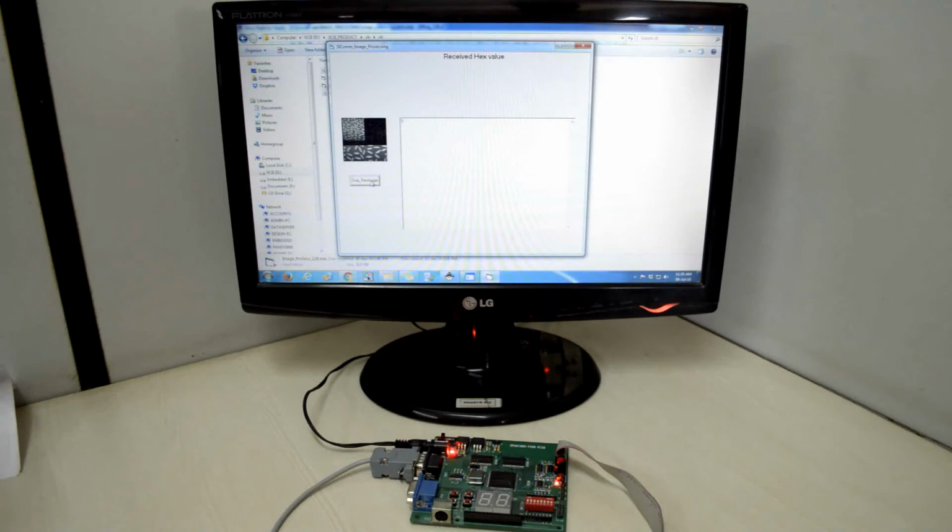This will be like the output of low pass low pass, high pass low pass, and so on. Like that, it will give four outputs. The actual output required is the low pass, which is located at the top left corner. This is the final output of the discrete wavelet transform using the Spartan 3 FPGA image processing kit.